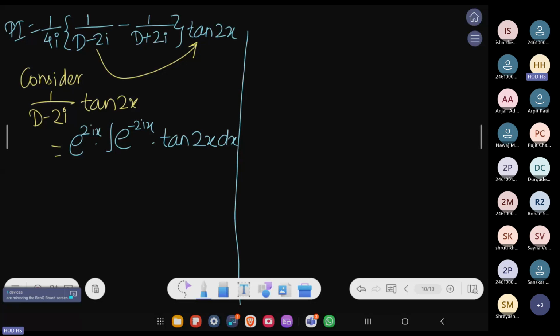But I know the expansion of e to the power i theta. What is the simplification that we generally use? cos theta plus i sin theta. In this case, I am having minus 2ix, so it will be,